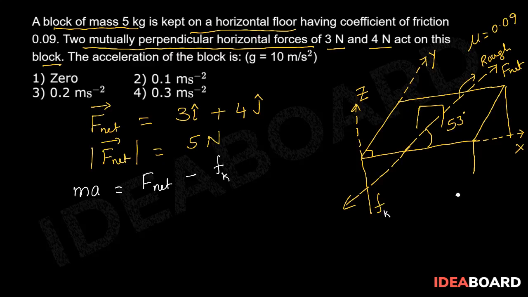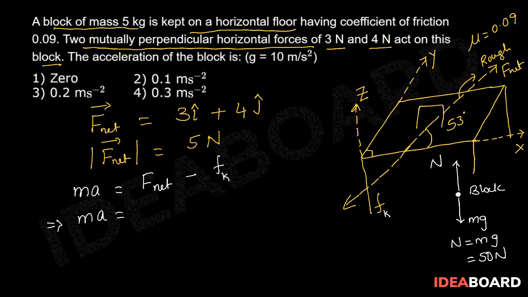And if we draw the free body diagram along z axis, vertically downwards acts the weight of this object, and the normal force given by the floor will act vertically upwards. As the block is in vertical equilibrium, normal force is equal to mg, which is equal to 50 newtons. So substituting this in this equation, m a equals F net, which is 5, minus